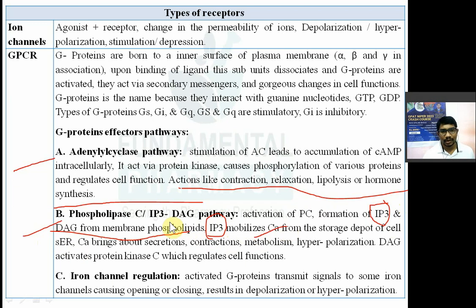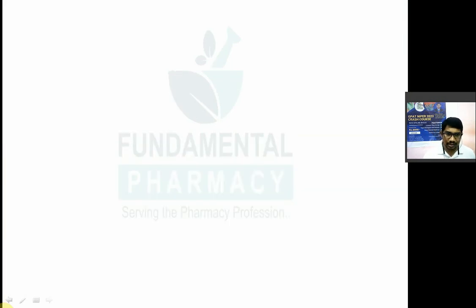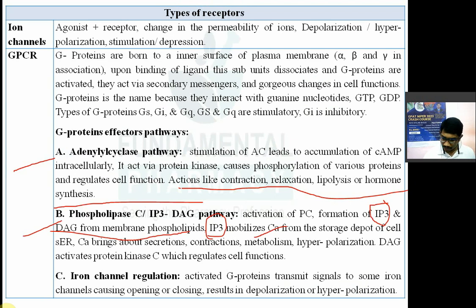कैल्शियम जो होता है आपके सेल के अंदर में भी कैल्शियम स्टोर होता है. सेल के अंदर कहाँ पे स्टोर होता है कैल्शियम? सेल के अंदर जो है आपका एंडोप्लाज्मिक रेटिकुलम होता है. ओके, सो सेल के अंदर एंडोप्लाज्मिक रेटिकुलम known as the smooth endoplasmic reticulum. In the smooth endoplasmic reticulum there is a calcium storage. So this IP3 will mobilize calcium or will bring about the calcium from endoplasmic reticulum to the cytosol, and this